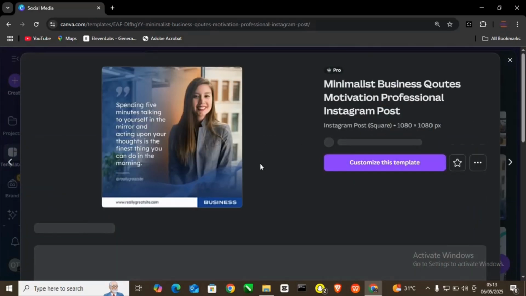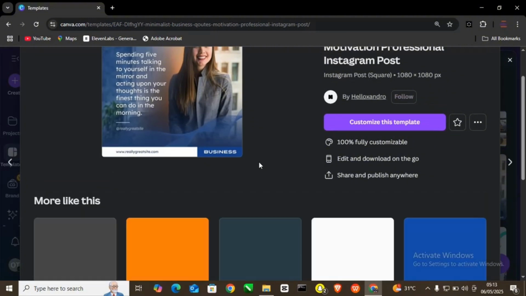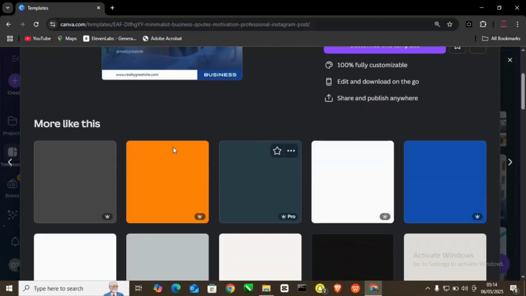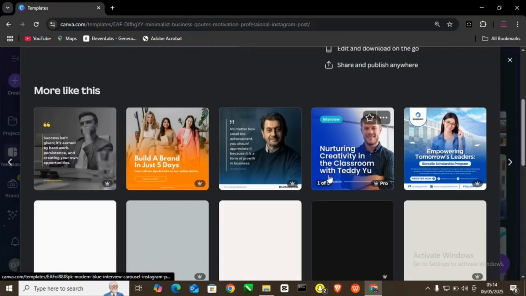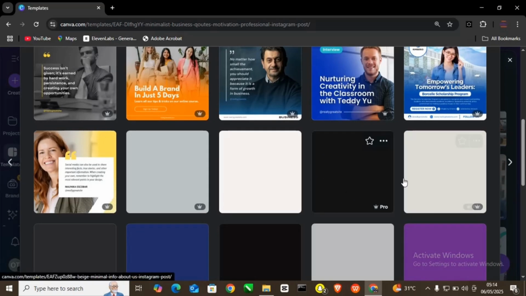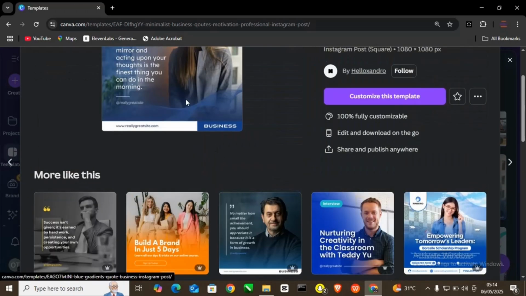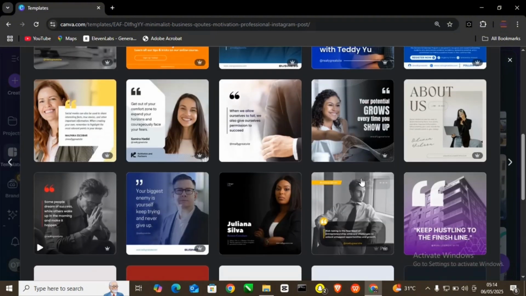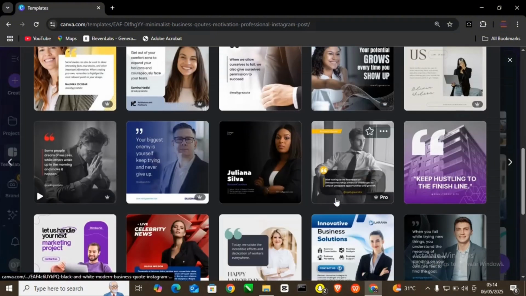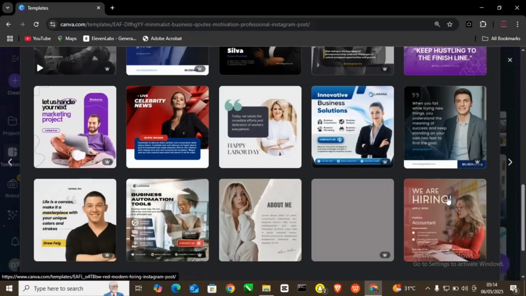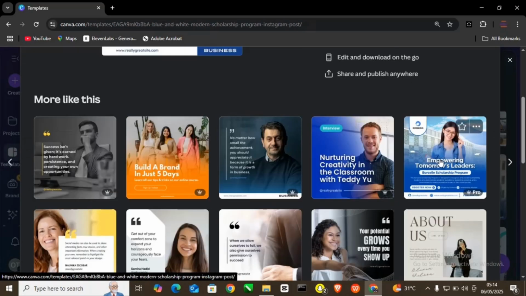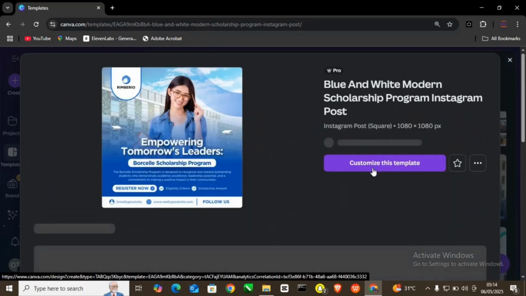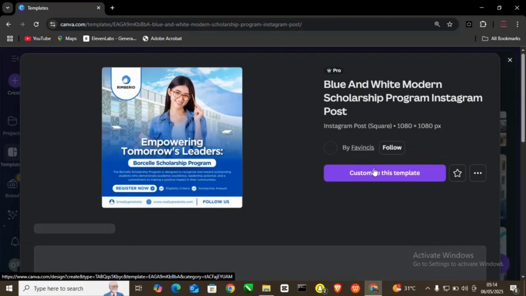Beside that, as you select that one, when you scroll down, you see that you have similar designs that are related to what you just selected. If what you selected is not the best one for you, you can see those that are closely related to it, and from here you can go ahead and do your thing. But let me select this one again. I like this one and I'll select